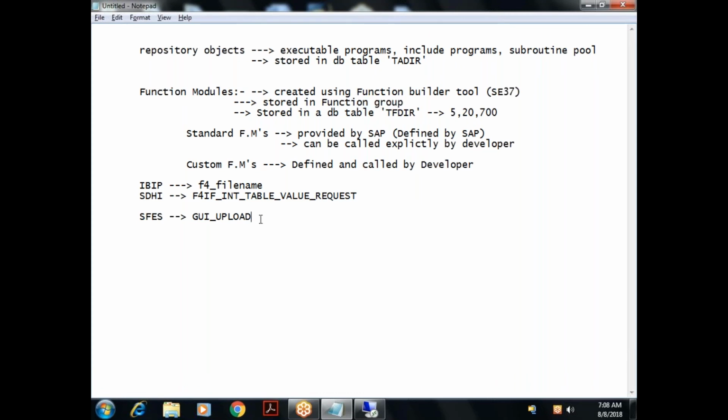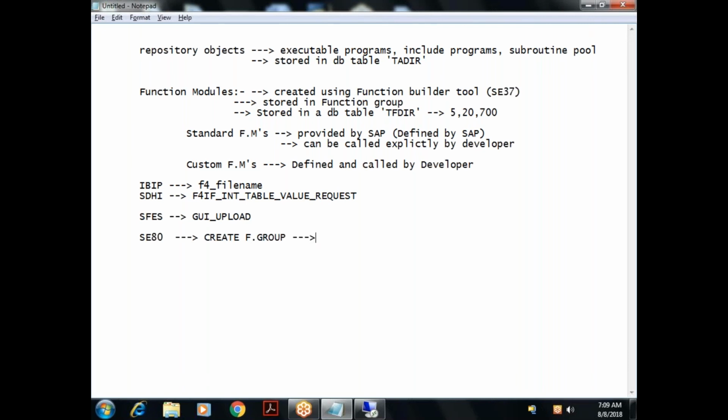For every function module, we may not create a separate function group. I may create only one function group. In that function group, I may store some function modules. Similarly, later on, I may create another function group. In that function group, again, I can store some more function modules. So it's not that for every function module we require a separate function group, but each function group can contain any number of function modules. So first, let us see how to create the function group. Where do we create the function group? SE80, object navigator.